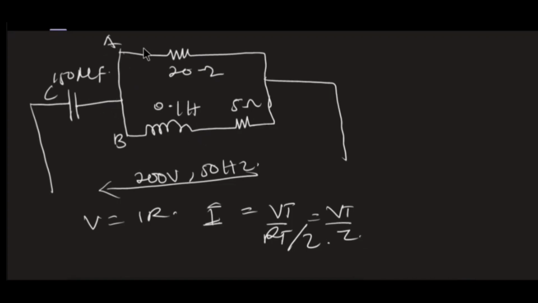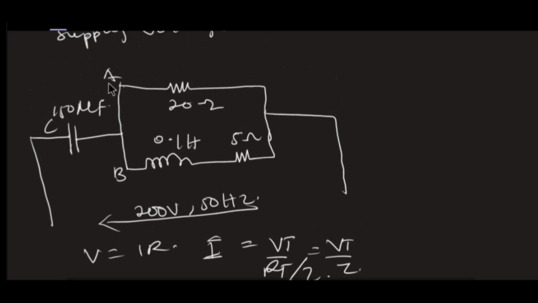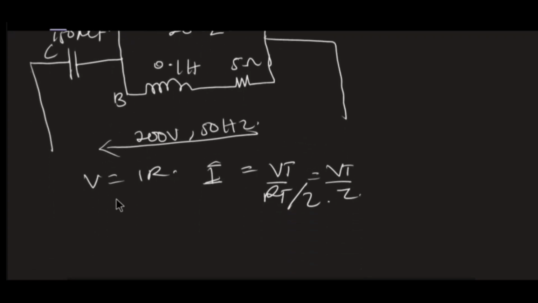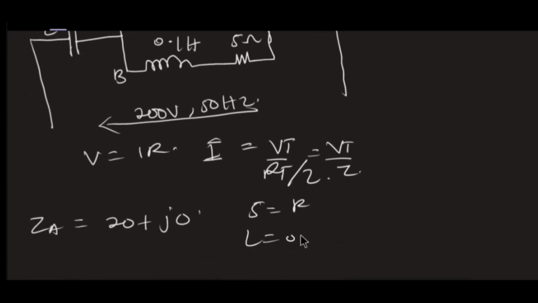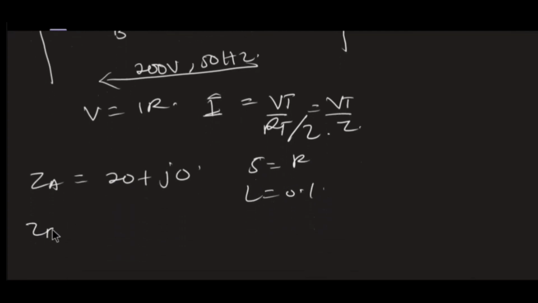So now let me take my first branch. Taking branch A, I only have a resistor here, so my impedance ZA is simply equal to 20 plus J0, because I don't have any imaginary part. It is purely real. So this is my ZA. Then let's see branch B. In branch B, I have a resistor of 5, then I have an inductance of 0.1. So my ZB will simply have 5 plus